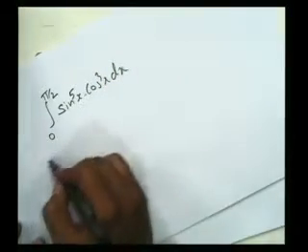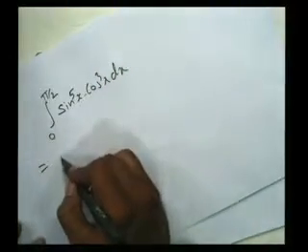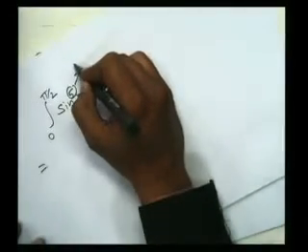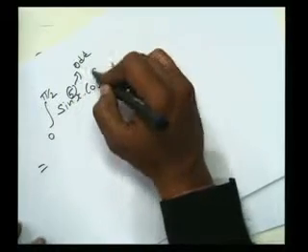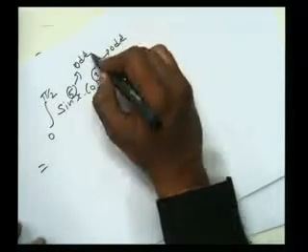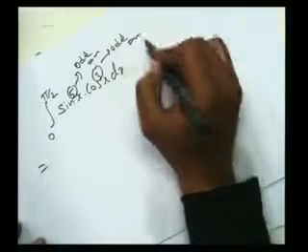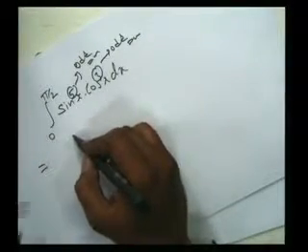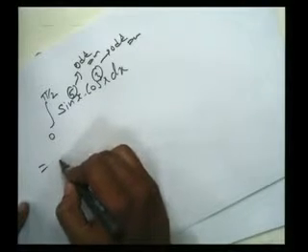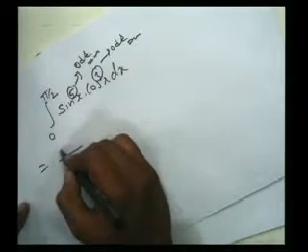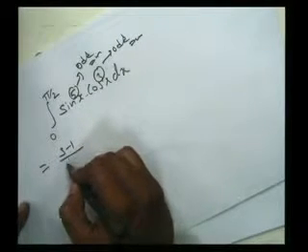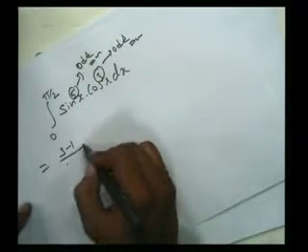Here m is odd, this is also odd, that means m and n both are odd. That's why the result is n minus 1, that means 3 minus 1 divided by 5 plus 3